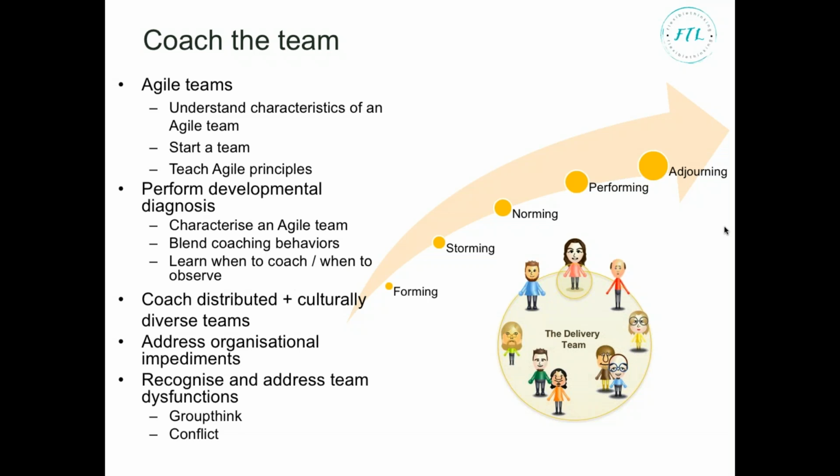through the place of storming, where people are starting to think, well, this is how I do it, and there's a lot of leaning on lampposts. This is me, this is what I do, through to norming and performing, where people start to recognize and respect each other's strengths, weaknesses and opinions, and look more to synthesizing solutions rather than, as in the storming stage, where it's mine or yours, win or lose. We're taking the best of different pieces of solutions and putting them together.